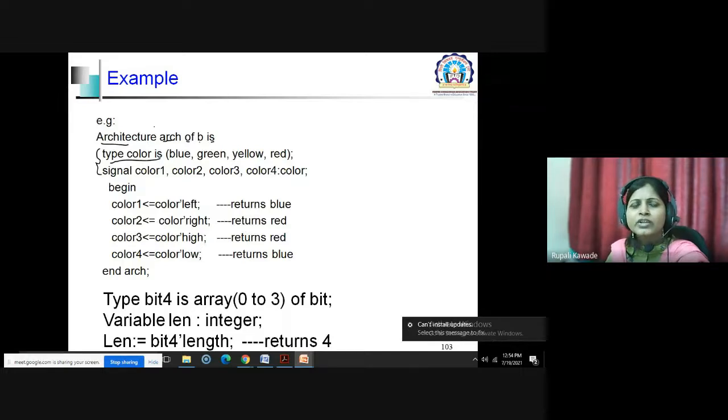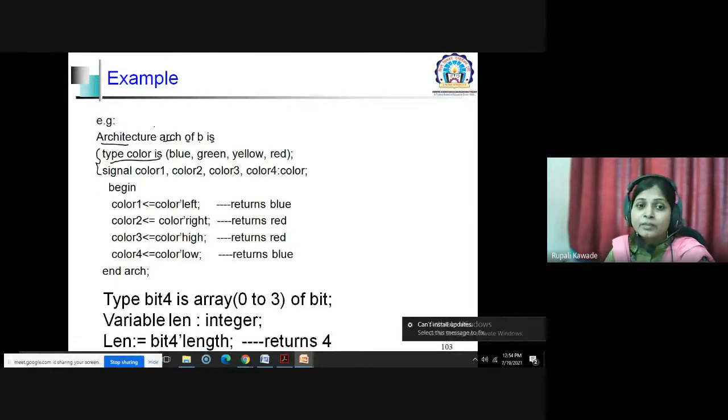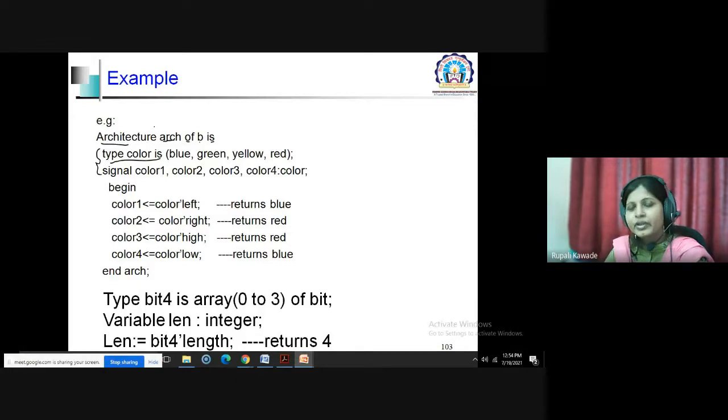So we are defining a data type whose values are blue, green, yellow, red. And the name of this data type is color. This is the way with which you can define a user defined data type.